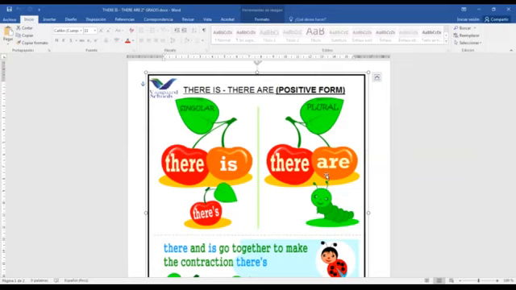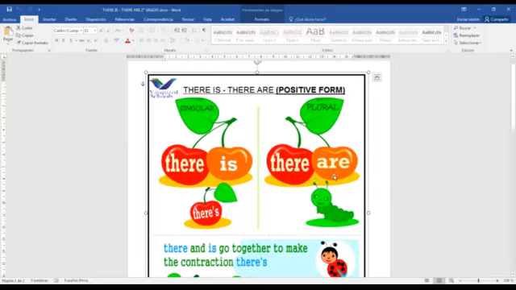If I want to say, hay un lápiz en la mesa, I have to say, sorry. If I want to say, hay dos lápices en la mesa, I have to say, there are pencils on the table. If I want to say, hay naranjas,